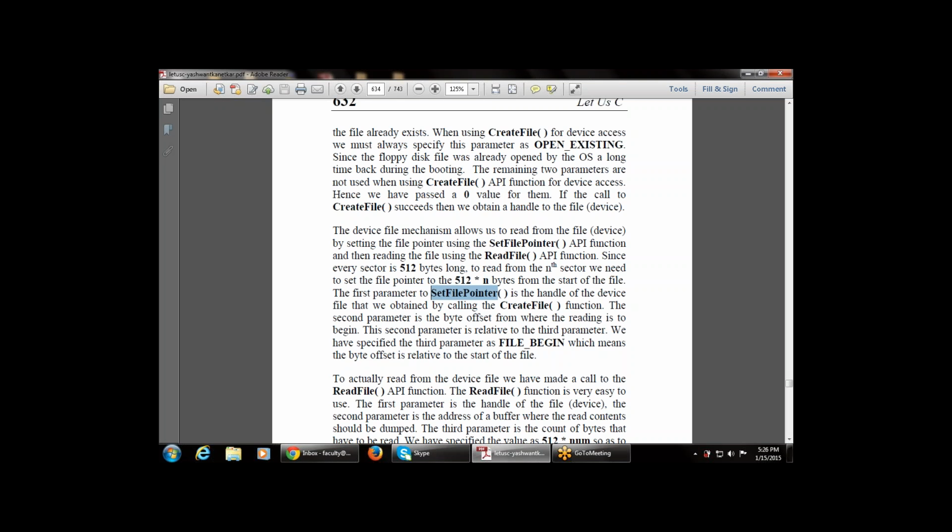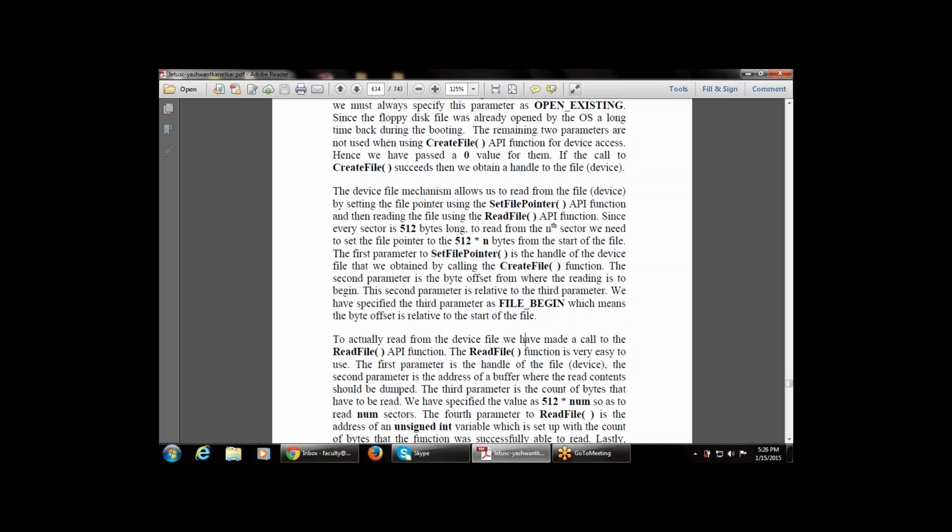The first parameter to this one is the handle of the device file that we obtained by calling the create file function. The second parameter is the byte offset from where the reading is to begin. This second parameter is relative to the third parameter. We have specified the third parameter as file begin, which means that the byte offset is relative to the starting of the file. The next paragraph says, to actually read from the device file, we have made a call to the